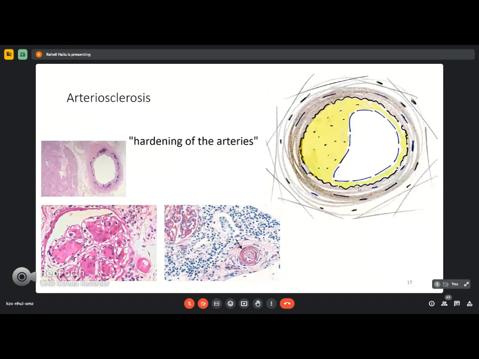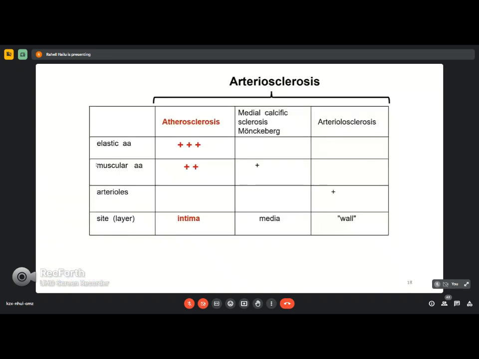It can happen due to atherosclerosis, lipid accumulation. It can happen due to pressure, damage to the vessels and deposition of extracellular matrix, or even calcifications within the intimal wall. So it's more of a morphologic, physical description of arteriosclerosis, the hardening of the arteries. And its major manifestations are in these three ways. The first one is atherosclerosis, that is due to lipid deposition, medial calcific sclerosis, also known as Mönckeberg sclerosis,